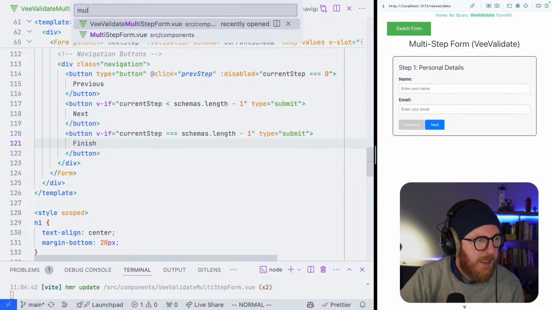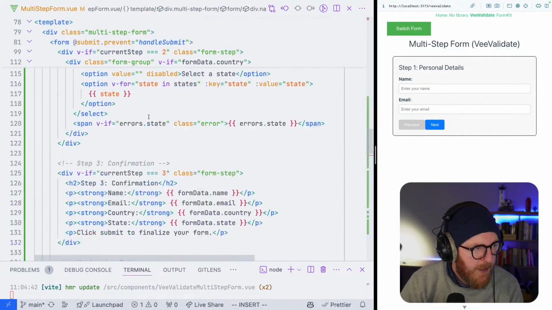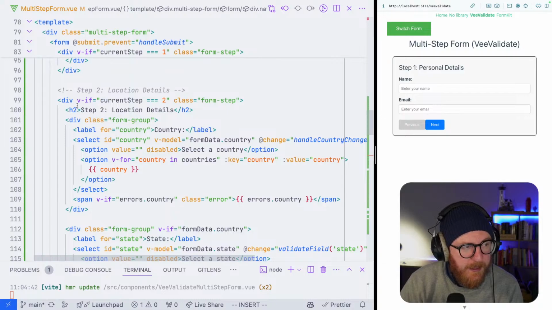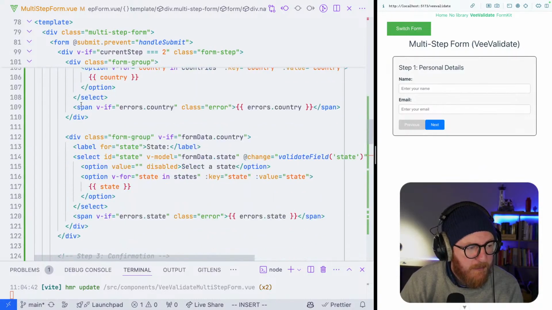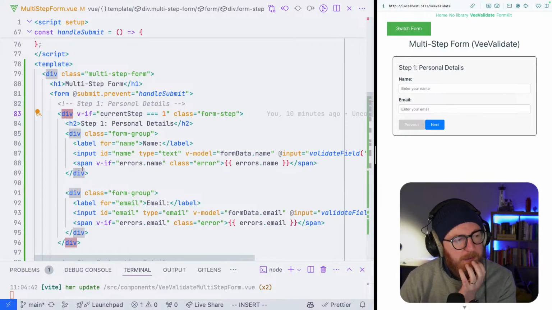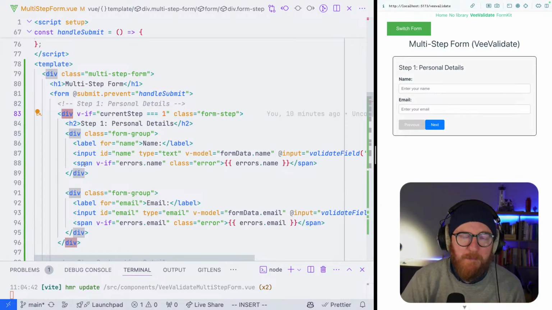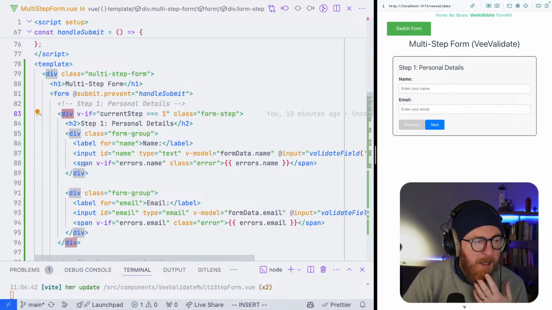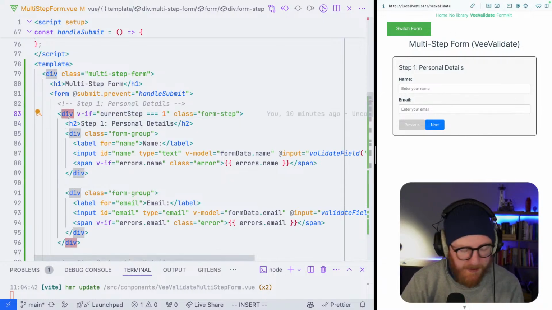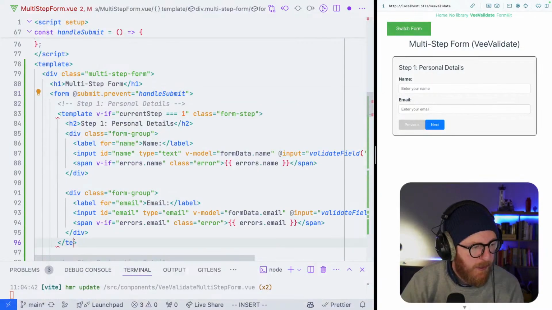If I look at the multi-step form without this, how am I doing it? Interesting, I didn't do it with templates here. I wonder if templates would be more idiomatic instead of using divs here. I mean, the benefit of a template is it won't be rendered to the DOM, so it's a bit like using a fragment in React, so it's a slight benefit there. I think if I swap that out to be a template here